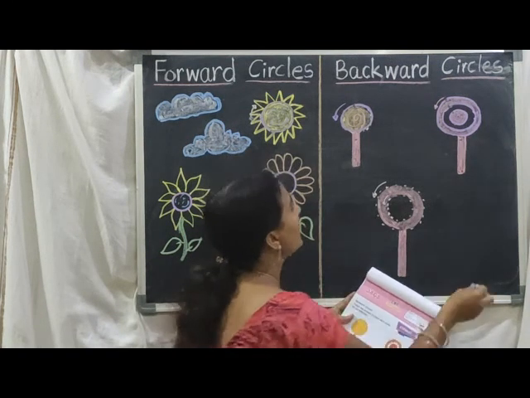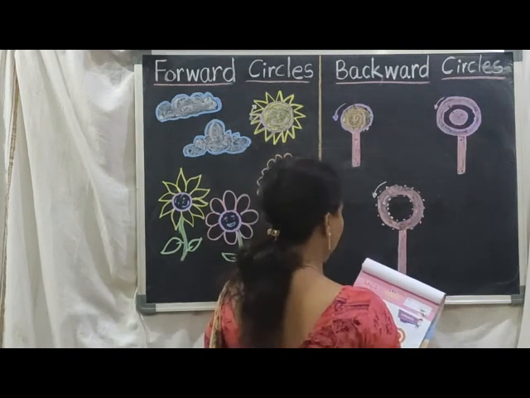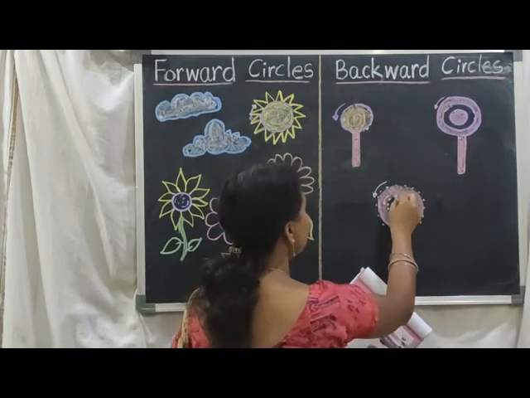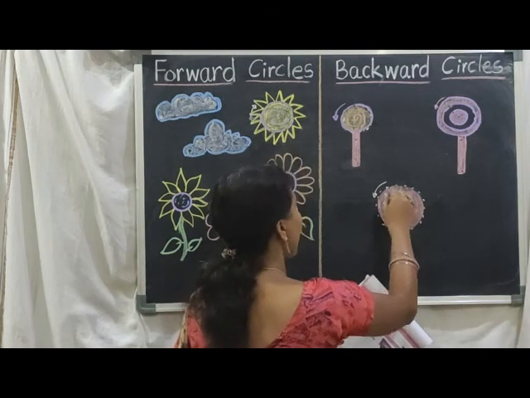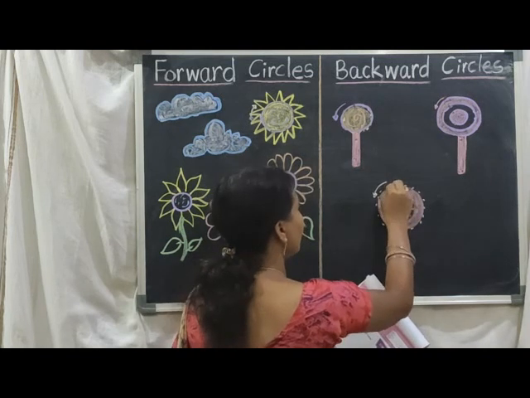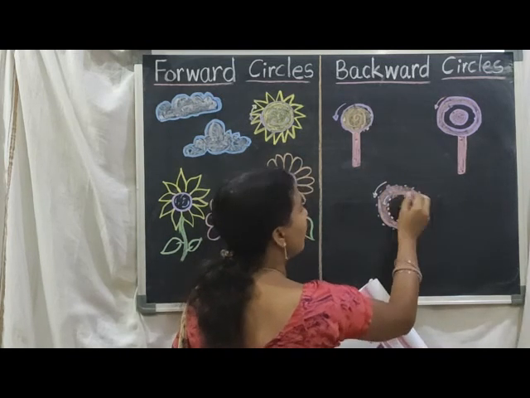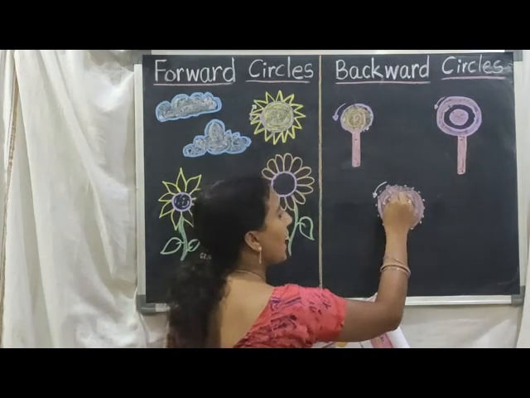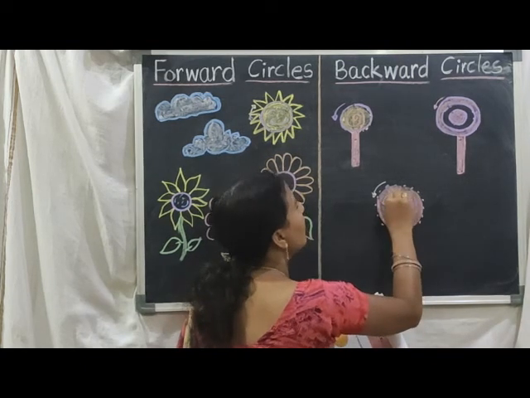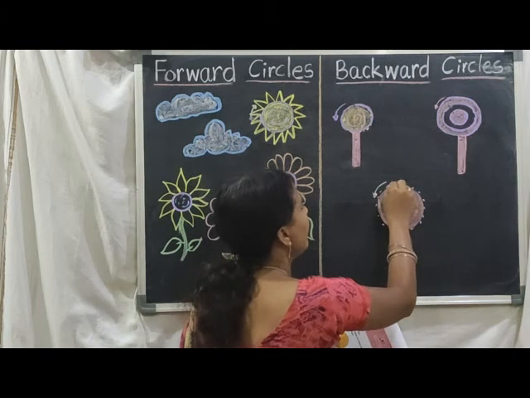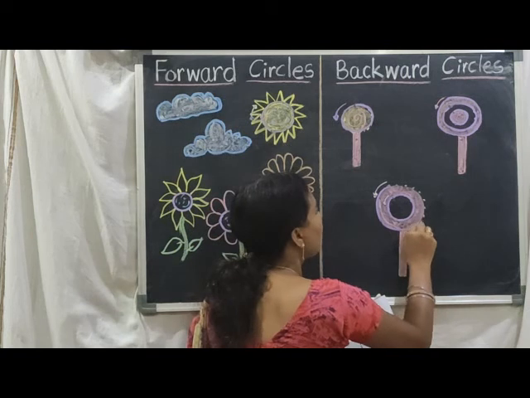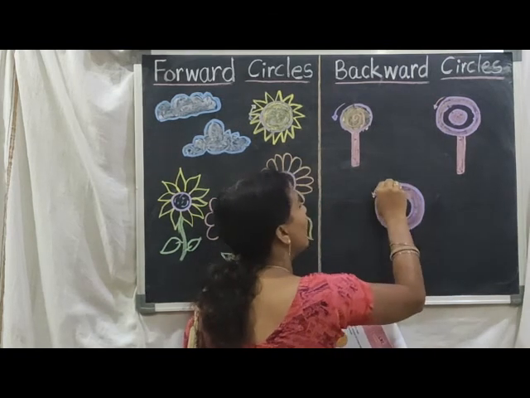Yes, we trace here backward. Come down, lollipop children. Here we are seeing two arrows like that only. Where we are finding the dot, here we are finding one dot and here put your pencil inside and come down, then go up. Backward circle. This is the backward circle and join this lollipop's dots. Then it's completing the lollipop.